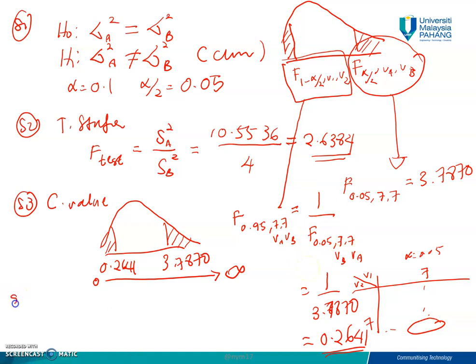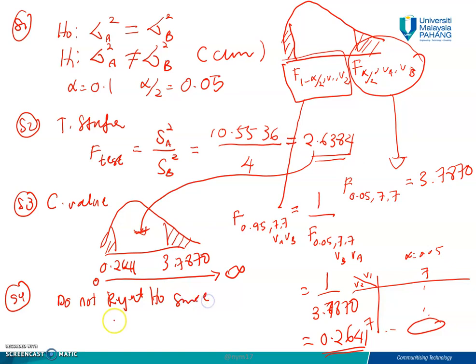Now step number 4, decision. Similar: reject H null when your F test is in the dark side. Check this value. Where is it? Is it at the bright side or at the dark side? If you look here, 0.26 is here, isn't it? So at the bright side. So your answer will be do not reject H null. So how to do it? Do not reject H null since you must have this, your F test, which is